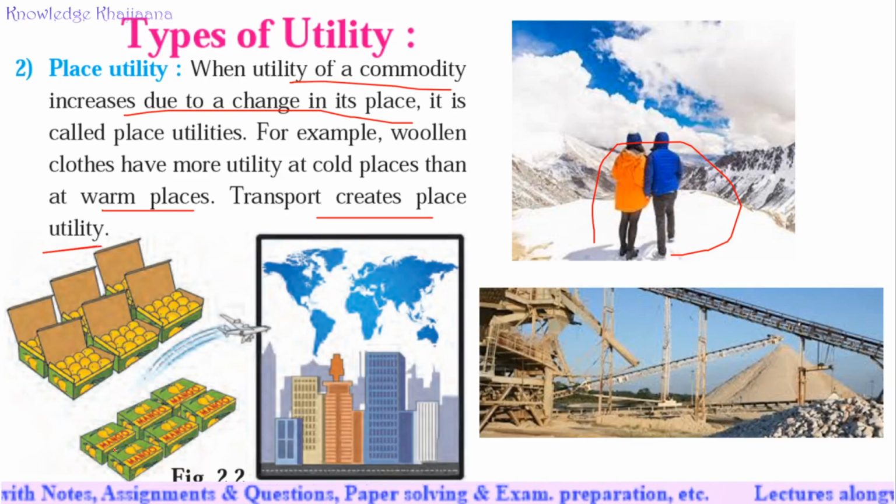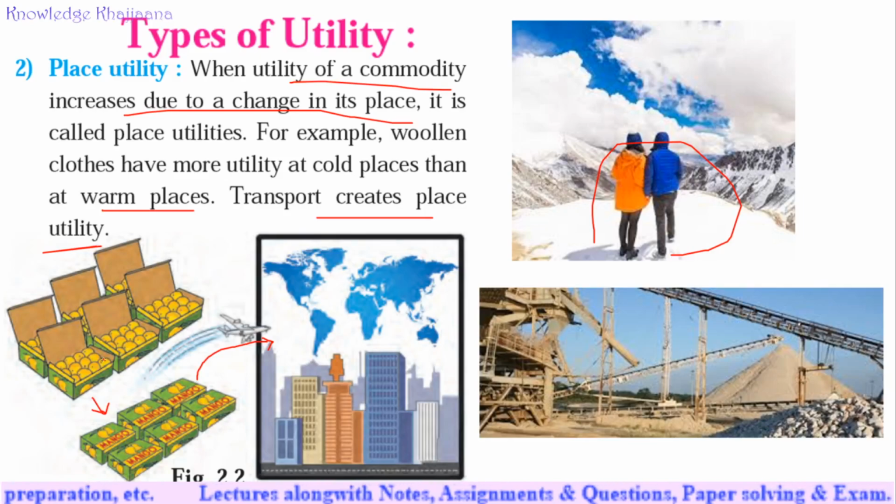See, these were the mangoes, right? And if the mangoes are only in the farms, will they give the utility to anybody? No. The mangoes must be plucked, must be properly kept in the boxes, right? The boxes must be packed from the farms. See, the mangoes must be plucked, kept in the boxes. The boxes must be packed, and after sending the boxes to the cities, it will give the utility to the mangoes. It will not give the utility if they are only on the trees, right?